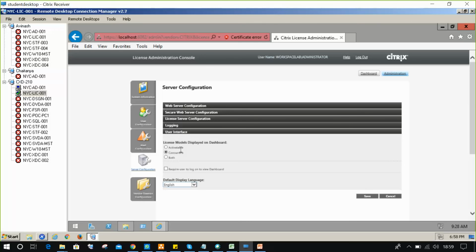If you want to manage a mixed environment, you have to select the option called both. Activable licenses means user licenses and device licenses. Concurrent licenses are session-based licenses. A single license server can manage both activable licenses and concurrent licenses. So now you understood your question, right? I think only 50%, not complete.